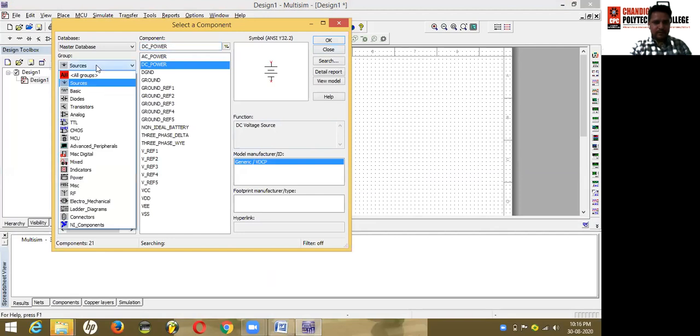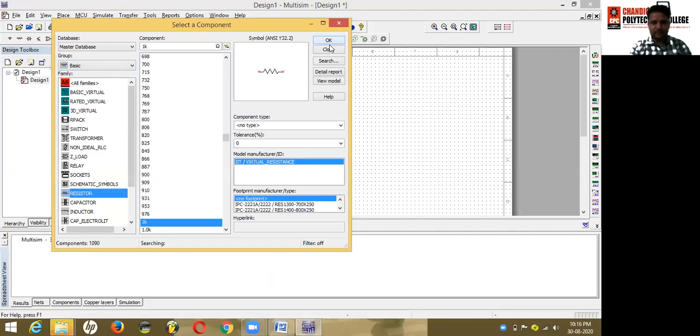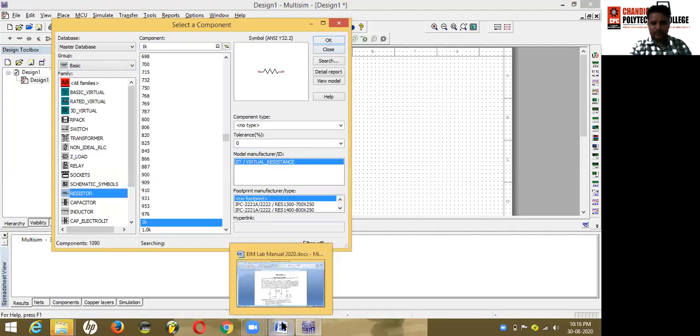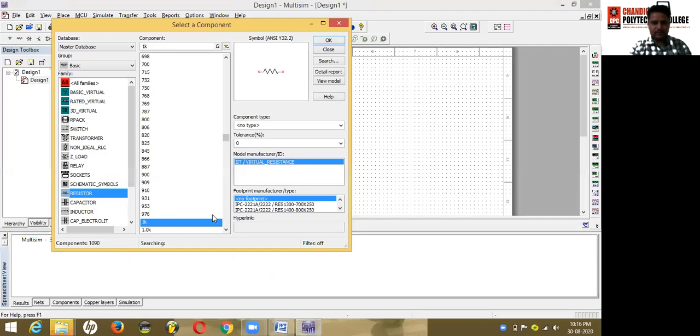Now we will take two resistors. Here is the resistor. We will take a 10 kilo ohm and a 100 kilo ohm resistor here. First is 10 kilo ohm.